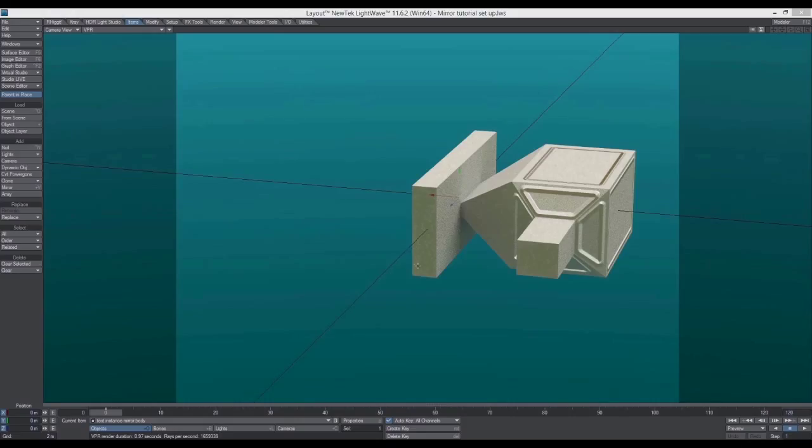You can imagine that this box in the middle is the spaceship body, say, and this thing on this side is one of the wings, or just think of this as detail that is attached to the main body, and this detail we want to symmetrically mirror onto the other side. So all I have to do is make sure that this object is selected, so that's the wing, and I go to